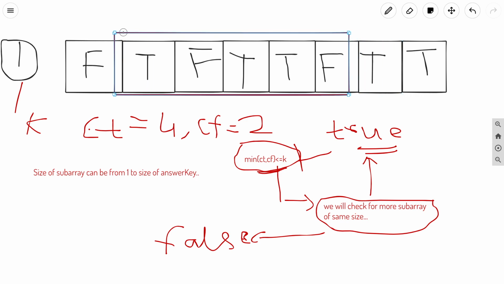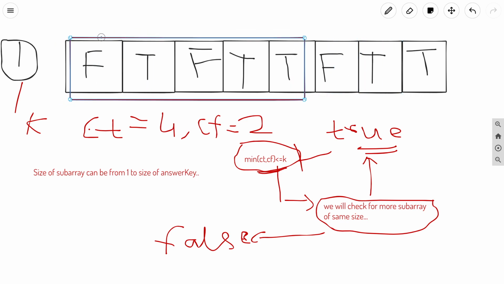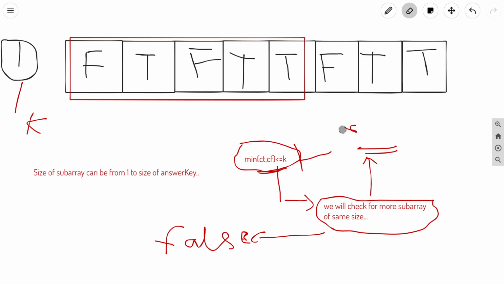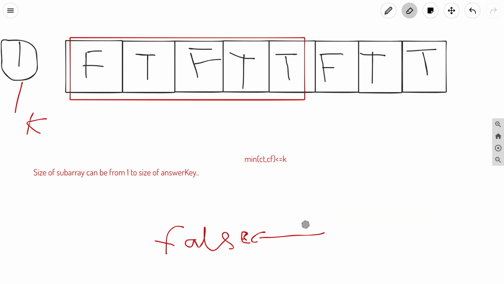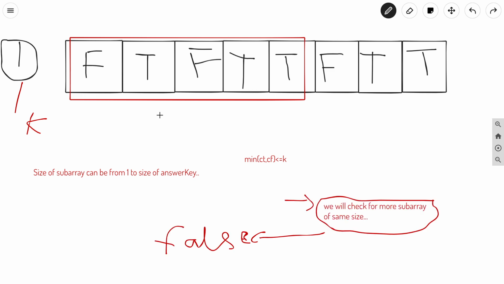Let's say initially the position of the window was this, and you can see that the condition is not valid here. So if we are moving this window forward, we are decreasing the value of count t or count f corresponding to this index.